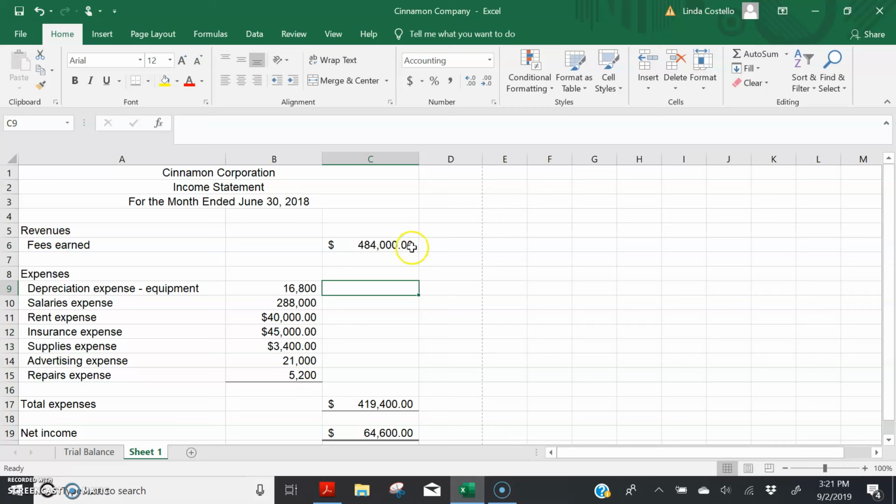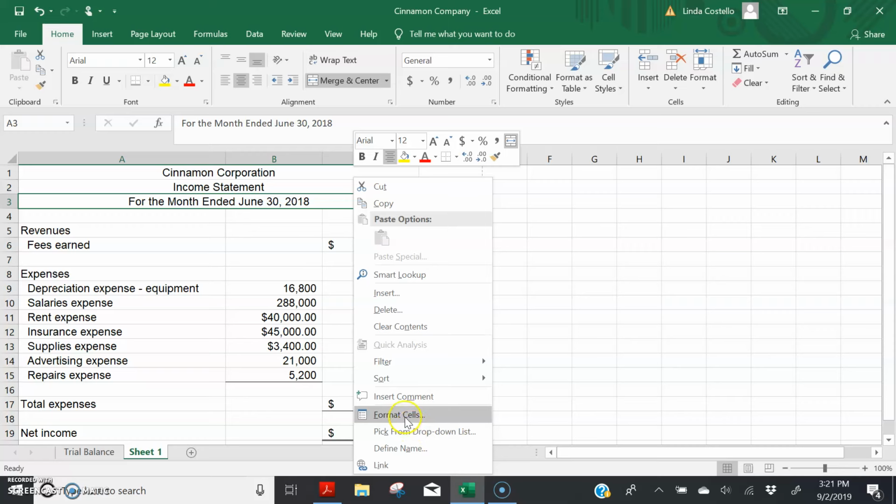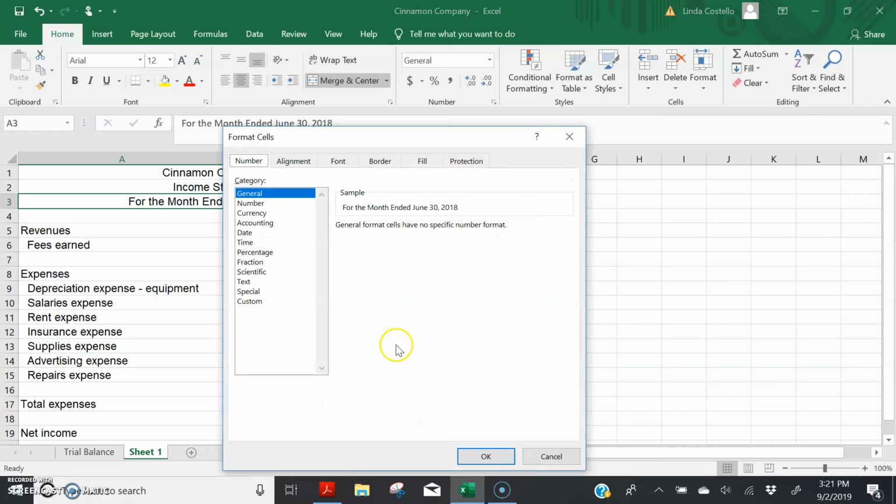Now let's take a look at the formatting on the numbers. You've got dollar signs in many of the wrong places. You've got inconsistent formatting where some numbers have 2 decimal places and some numbers have none. And what we need to do is have consistent number formatting. So I'm going to highlight those 2 columns that contain numbers. I'm going to right click and I'm going to go down to Format Cells.